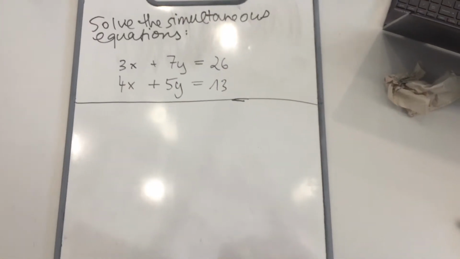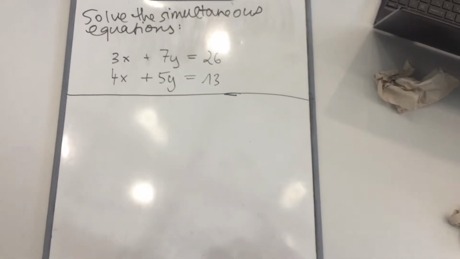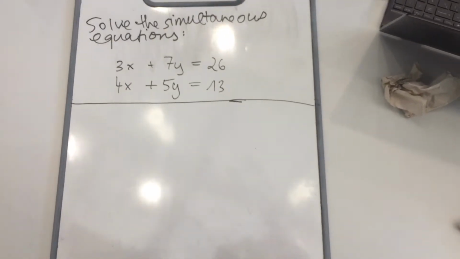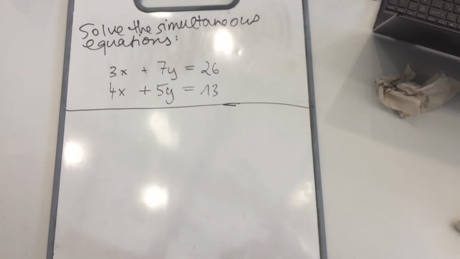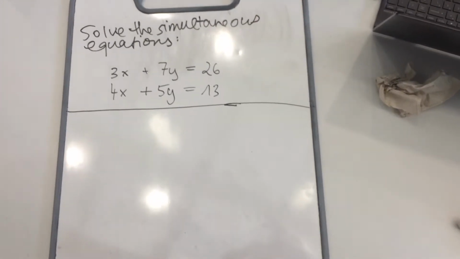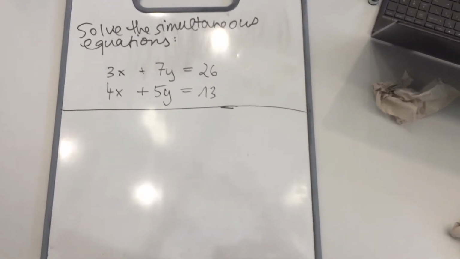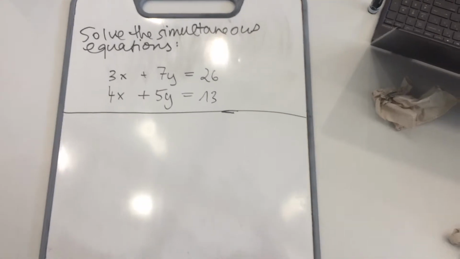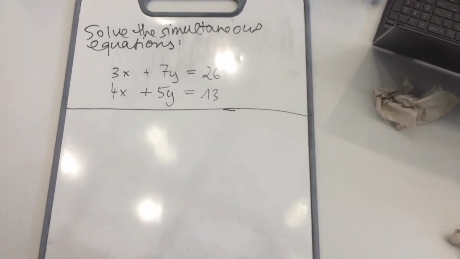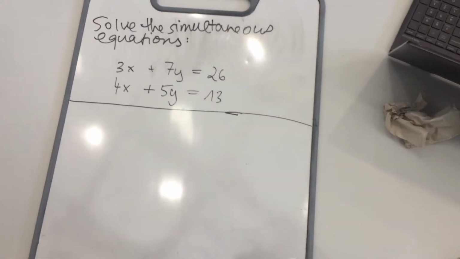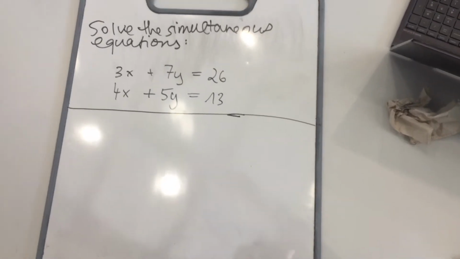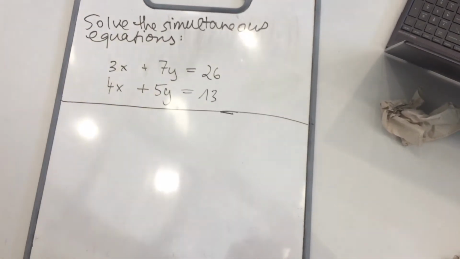So, solve the simultaneous equations: 3x plus 7y equals 26 and 4x plus 5y equals 13. So, let's get started. In order to solve this equation, we must make a common number between these two